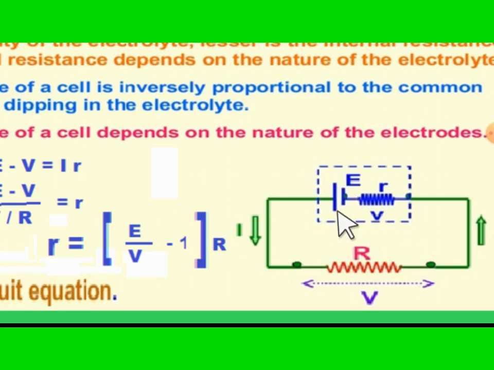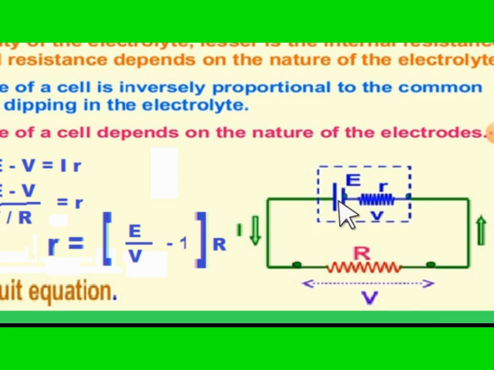If the positive electrode and the negative electrode are very far away, then what happens? The ions need to move for a longer distance. So in that case, there is more opposition to the flow of ions, and your internal resistance will be high. Got it? And if your electrolyte is of the nature that it can flow these ions very easily, then internal resistance will be less. Got it? And it also depends upon